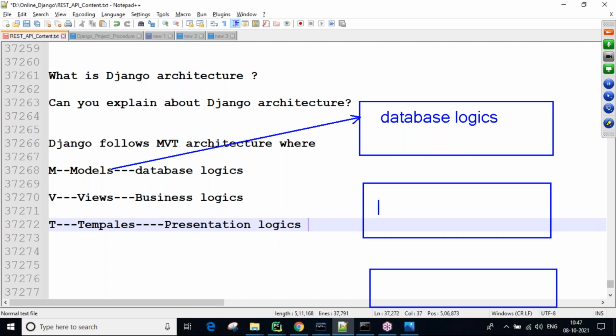Next, business logic: what we want to do, what we don't want to do, after login where we want to go, for login what is required. All these logics we write inside the views, guys. The entire logic of where we want to go is written inside the business logic only.